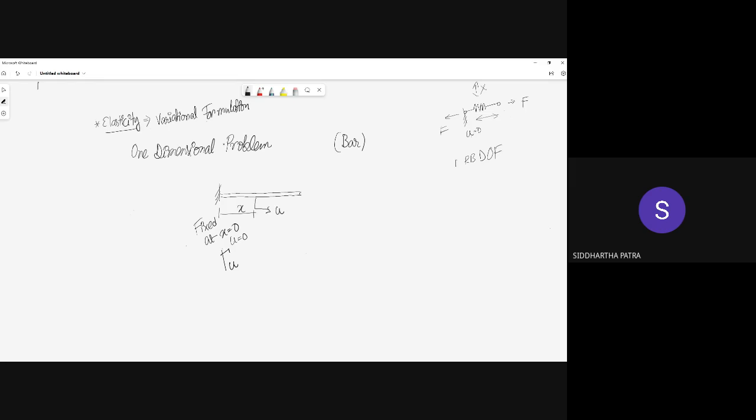Now, as we know, a deformable body has, in theory, an infinite number of degrees of freedom. And what is the meaning of that? The meaning is that even if you hold the spring at one of the ends, that is, you prevent, you basically capture this rigid body degree of freedom. You do not let it have a rigid body motion. Rigid body is the one that doesn't deform.